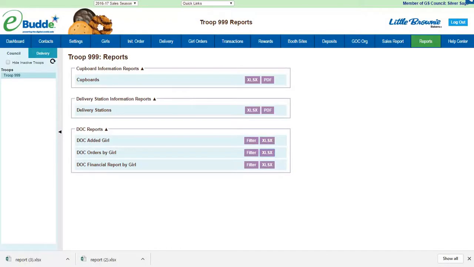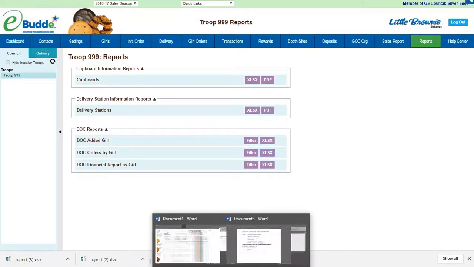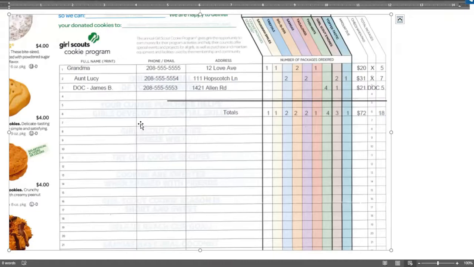Once again, we'd look at the order card. One last check. And I always highly recommend that you tell parents to actually be adding the totals up. You should not be there doing this at 11:59 on Wednesday night trying to add all this up to put these orders in. Each parent should be responsible for their own daughter's sales and be able to add all the different varieties up so that you have them,